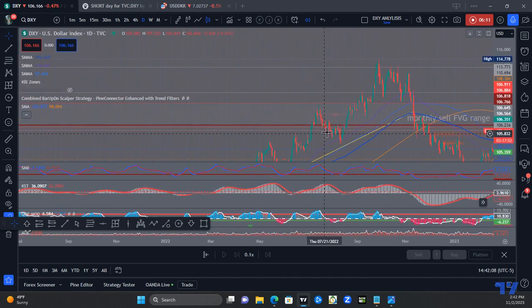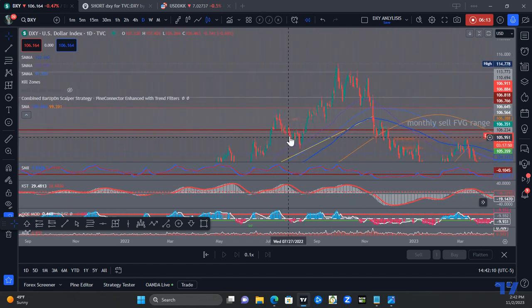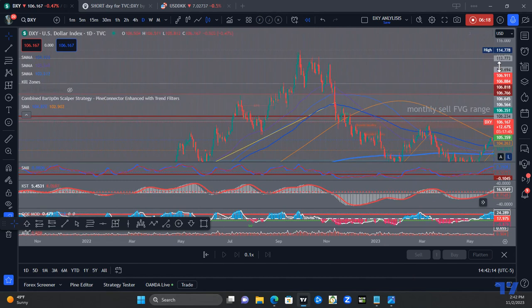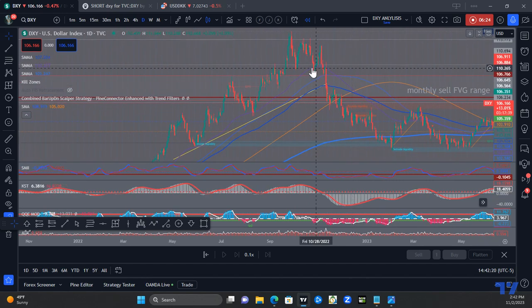So how many touches do we got on the dollar? 1, 2, 3, 4 of 113,773, and that formed a zone right here. And then we broke down, retested this trend pretty much. And this was an area of liquidity to the sell side that we filled on the daily chart, big time